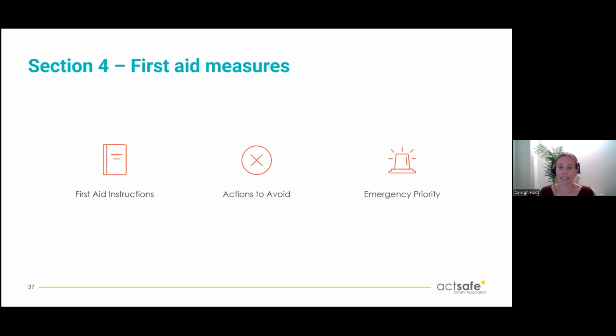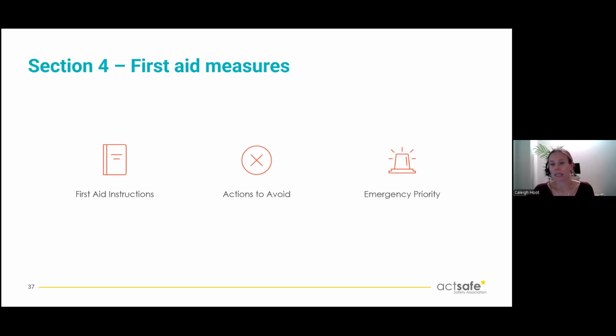So what you'll find in this section is some step-by-step first aid instructions. These are going to be really clear and immediate, such as rinsing your eyes for a certain period of time, moving the person into fresh air, removing contaminated clothing or shoes, whatever it may be. We will also see some actions to avoid. This can be things like whether you need to induce vomiting or not, warnings about certain neutralizing agents or ointments for specific types of chemicals. It should let you know all those things.